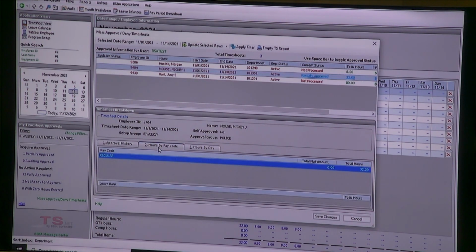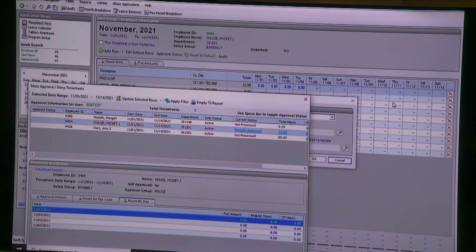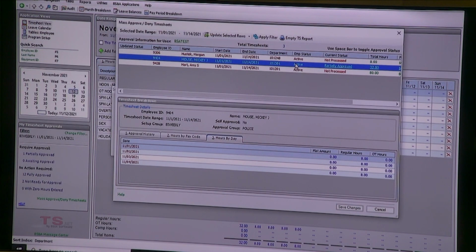The secondary tab will just simply show the different pay codes they've used and the total number of hours associated. And then the third will show which days and the number of hours that have been entered. So it does have the same amount of detail, just to me it's visually a lot easier to conceptualize when I see it in this format back here, like a calendar instead. So could be a personal flaw, but the main thing you would do, if you're comfortable doing the approvals here,